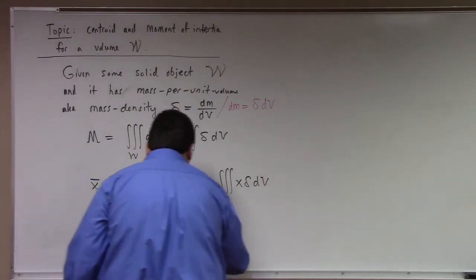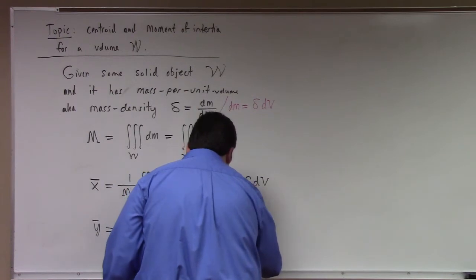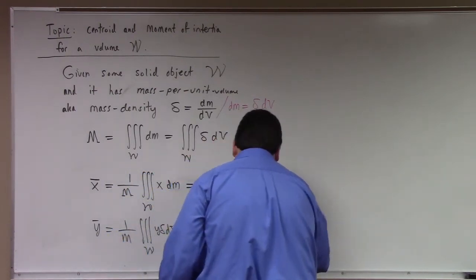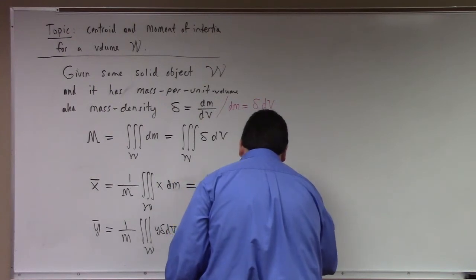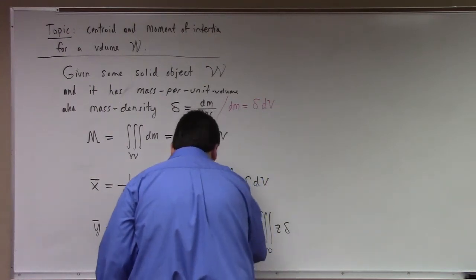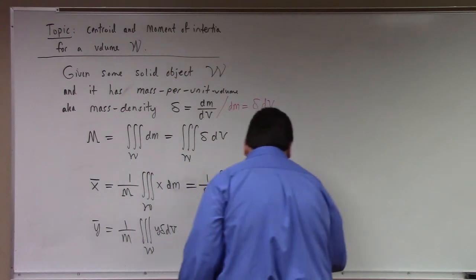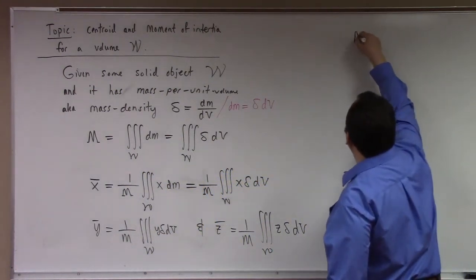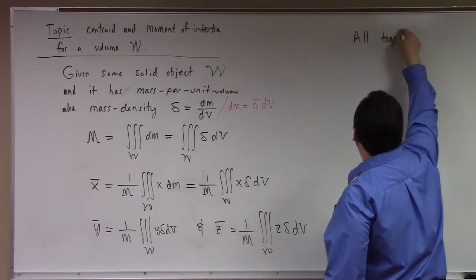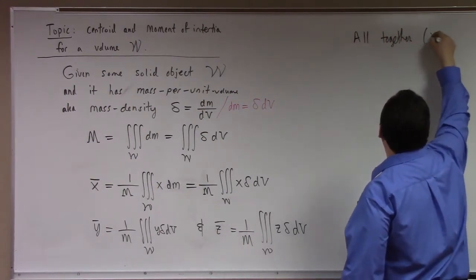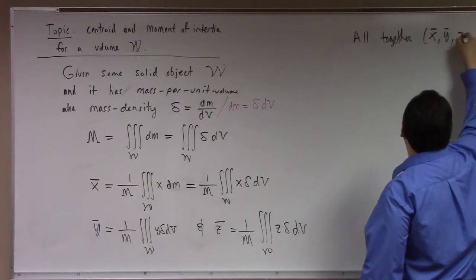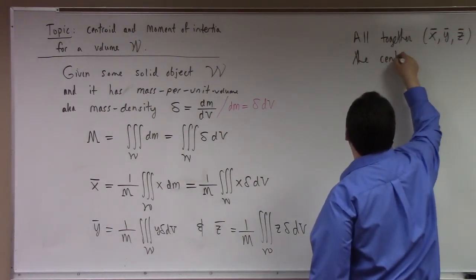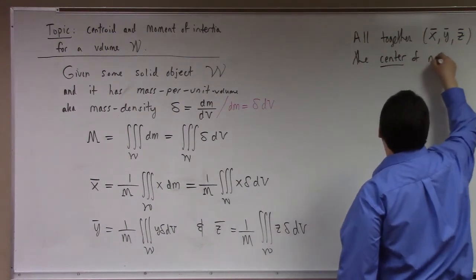And, of course, the average z value, 1 over the total mass, integral over W of z delta dv. Altogether, x bar, y bar, z bar is the center of mass